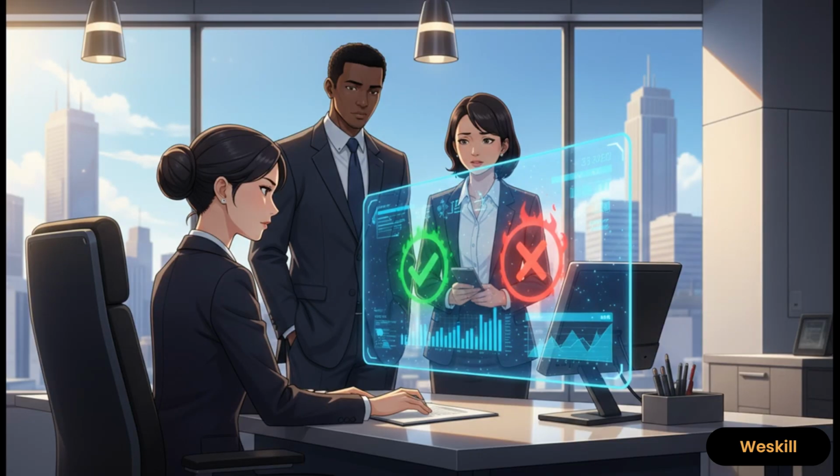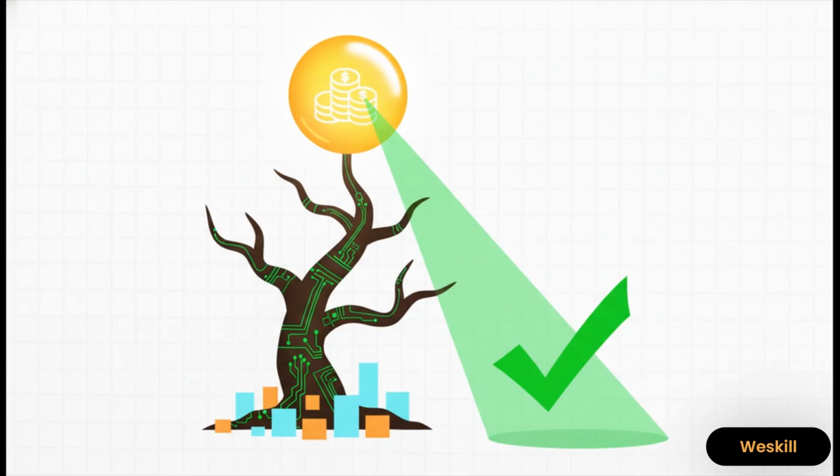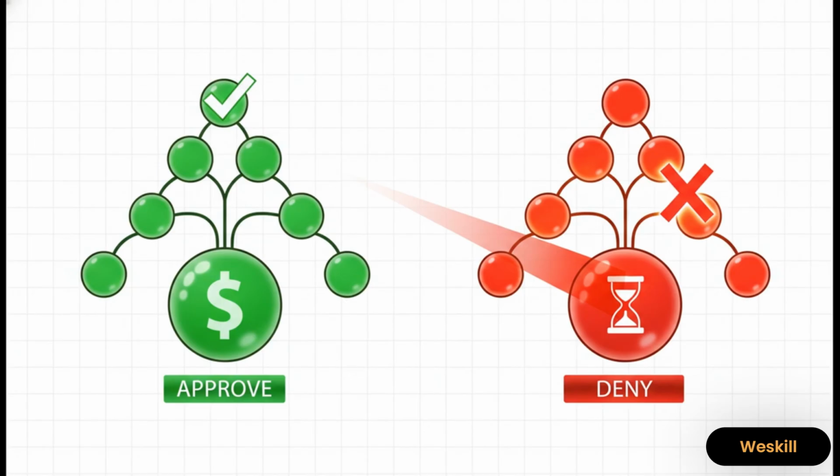All right, enough with the movie analogies. Let's see how this plays out in a much more serious situation: a bank trying to predict whether or not to approve a loan. This is a classic real-world job for the random forest algorithm. So our first decision tree gets its random piece of historical loan data. Out of all the things it could look at, it randomly happens to focus on the applicant's income. And based on that one factor, it figures the risk is pretty low and casts its vote: approve. But hang on, here comes tree number 2. It was trained on a different set of data, and it was randomly told to focus on other things like the applicant's age. Now, maybe in its data, it sees a pattern where younger applicants are a higher risk. So it comes to a totally different conclusion and votes deny.